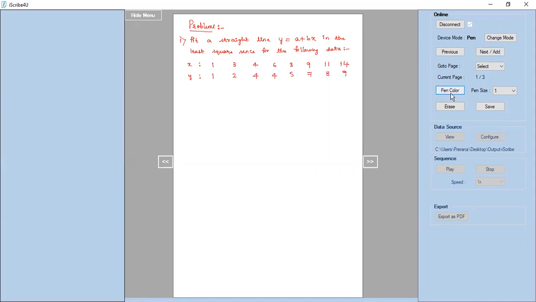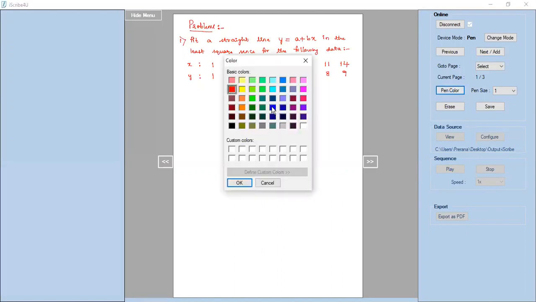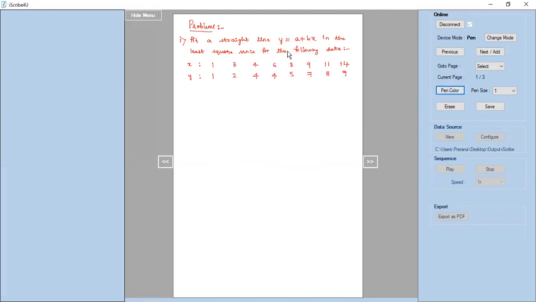So given a set of values of x and y, we have to fit a straight line of the form y is equal to a plus bx. If a particular format has already been given, we will fit accordingly. Or if they just mention fit a straight line, you can take the a plus bx form or the ax plus b form. Either of them is correct. So we have to fit the normal equations according to the format of the straight line that is mentioned.